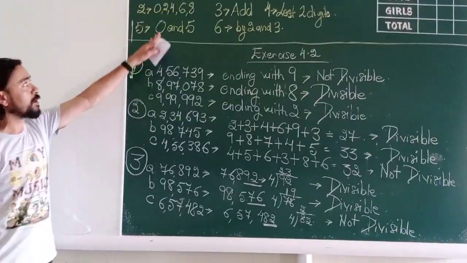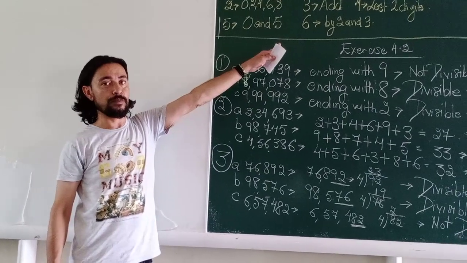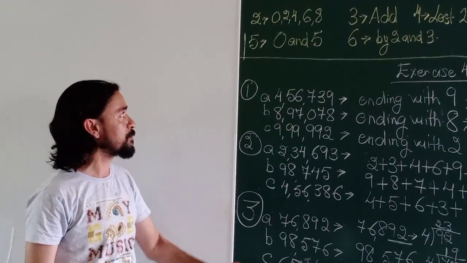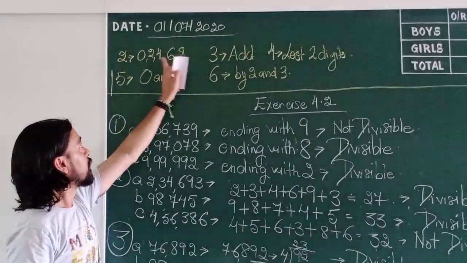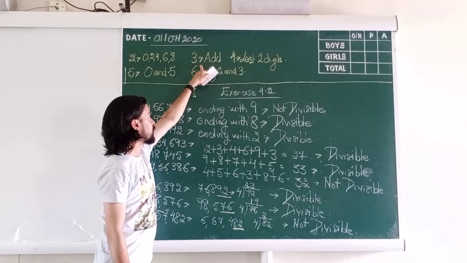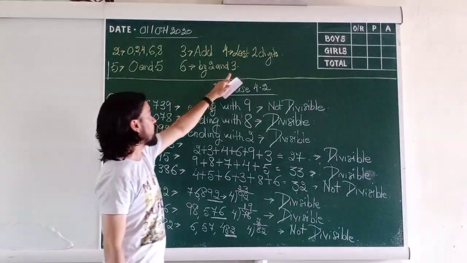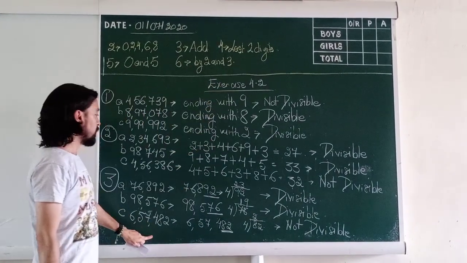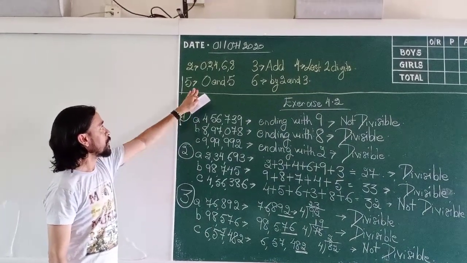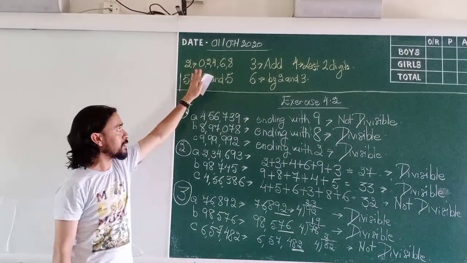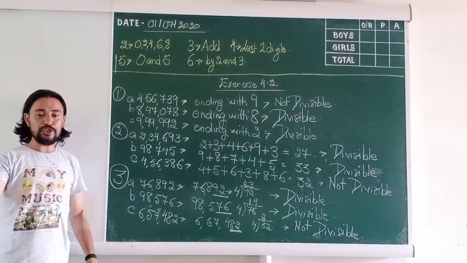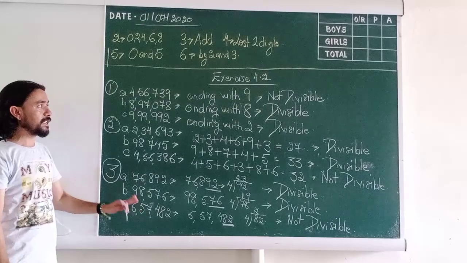Remember once again, you don't have to copy what is written in yellow on top, because that I have kept for reference for these sums. We are only going to do 5 sums today. So we've done test of divisibility by 2 for the first sum, test of divisibility by 3 in the second sum, and test of divisibility by 4 in the third sum. In the next video, we'll be doing sum number 4 and 5, which is for test of divisibility for 5 and test of divisibility for 6. All this, instructions, sums, working, everything has to be